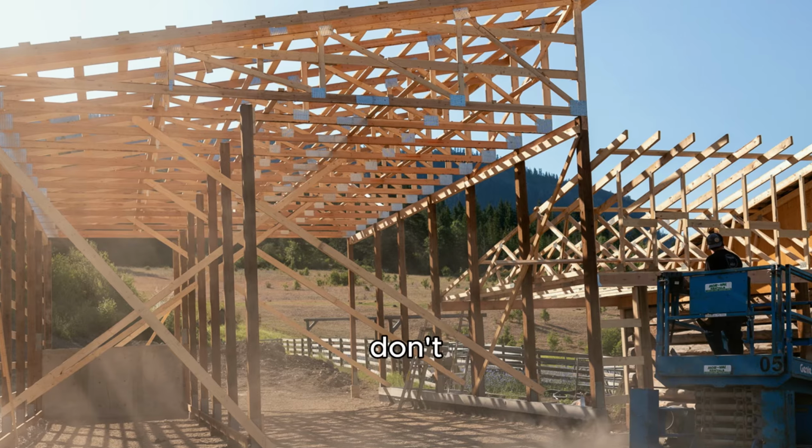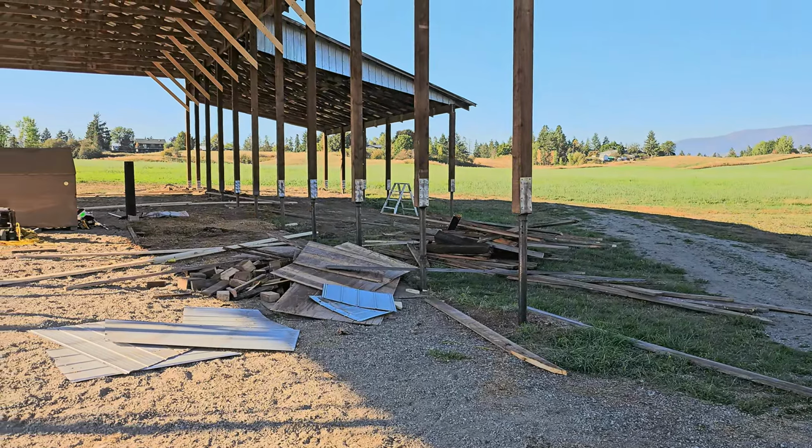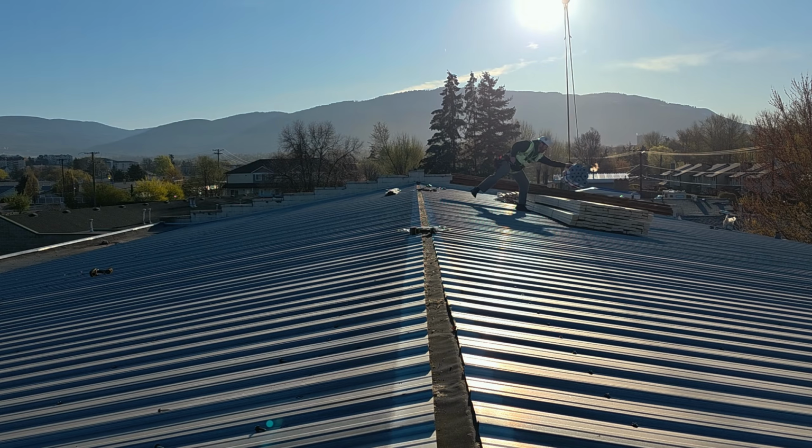Except homes. We don't build homes. We also do repair and maintenance on shops, barns, garages, and any other sort of outbuildings, as well as new roofing on houses. One thing we're all about here at Farrow Built is creating exceptional experiences for our customers, and